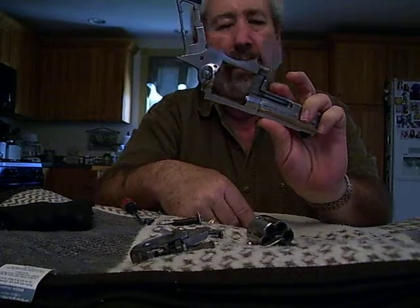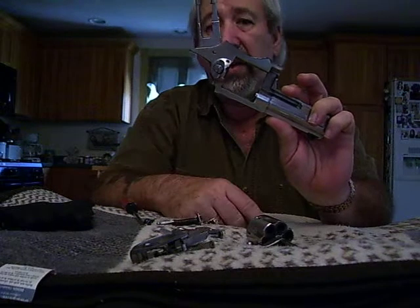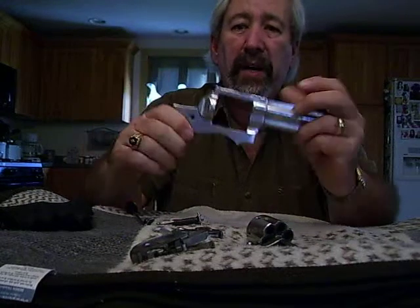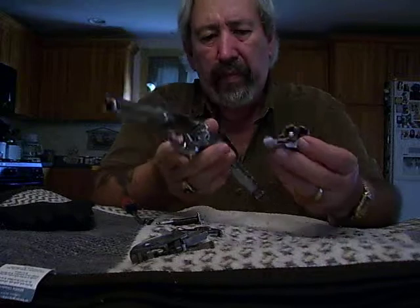This is just in case you want to change the springs down, put weaker springs in, or you just want to see what your gun is all about. Alright, now to reassemble is